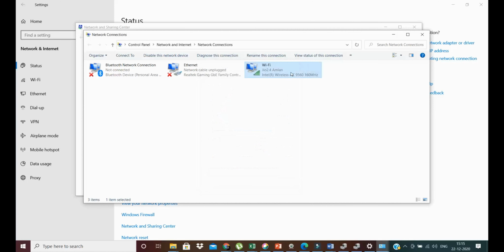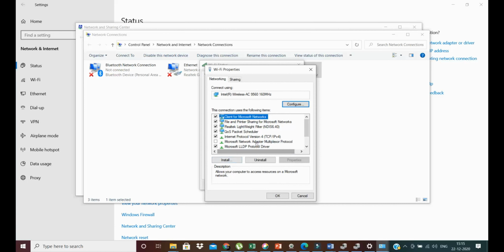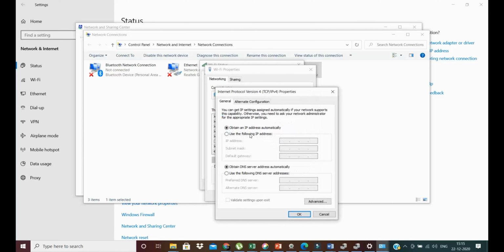Another thing that you need to do is open it up again and then click on properties. The router basically is configured through this IPv4. So you're connecting to the internet through this. This is pretty important, TCP IPv4. Just click on this, click on properties, and ensure that the IP and the DNS server address values are being picked up automatically. They should not be selected to manual values.